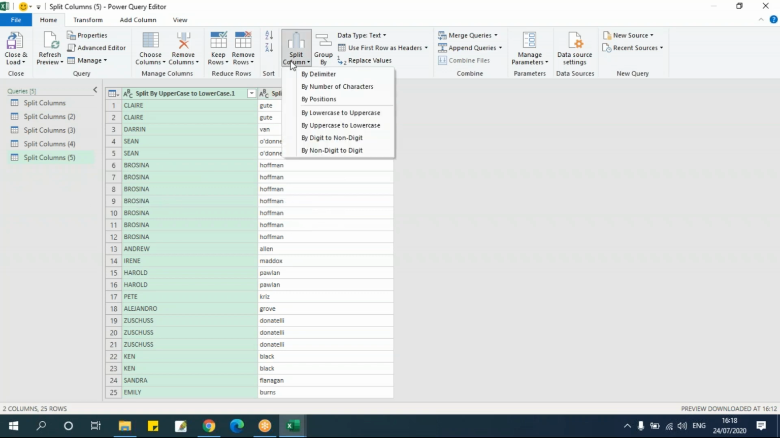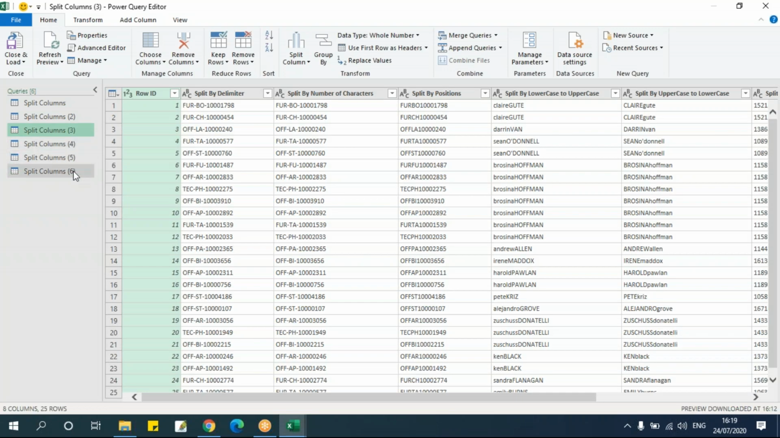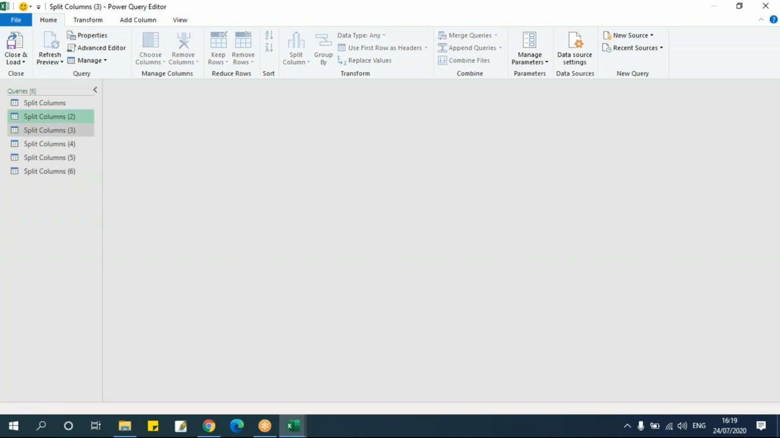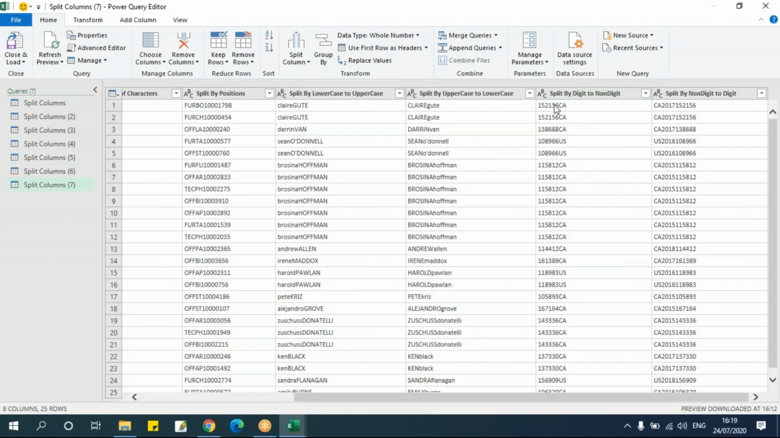Next, split by digit to non-digit and non-digit to digit. Let's take this. Now we'll make a duplicate of it, and then we'll say split here digit to non-digit. Just go and check this column. So here I made one digit, and then we have these characters, till wherever the numbers are there, that will be split into one column and the rest into one